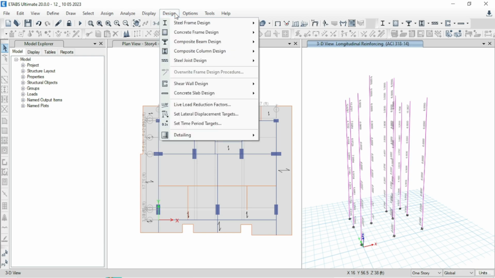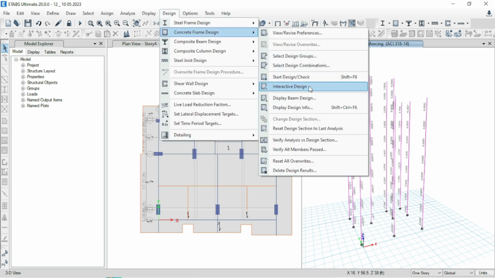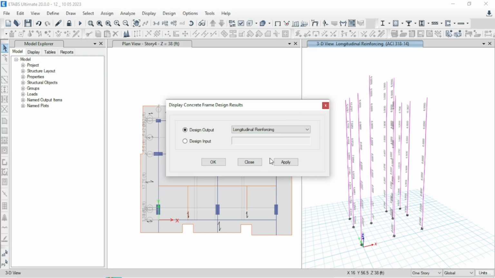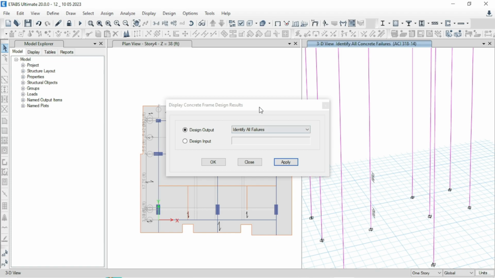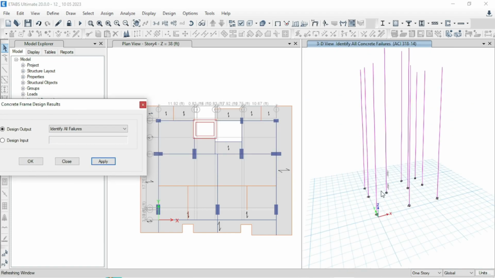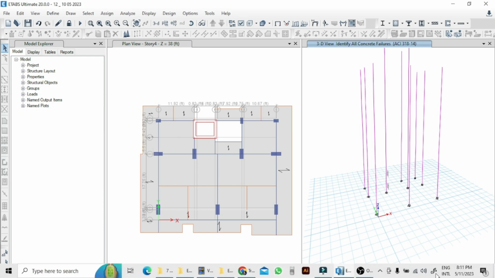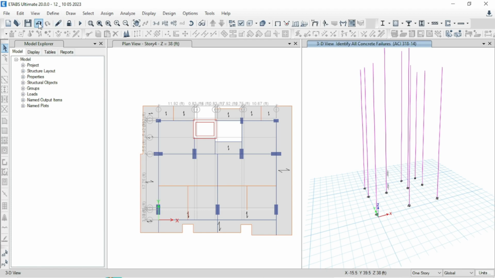Okay, go to design, concrete frame design, display design info, identify all failures. Okay, that means this column is still failing in design check. So unlock the model,